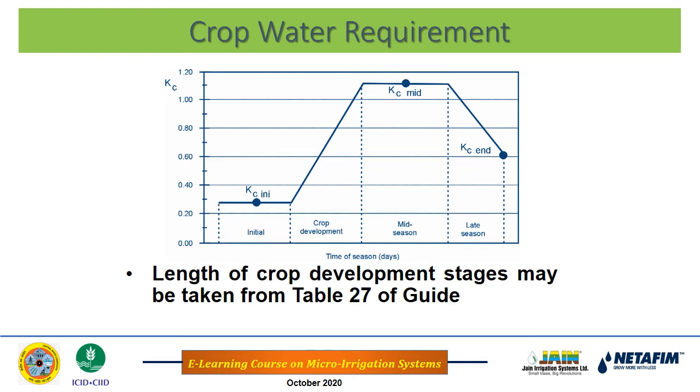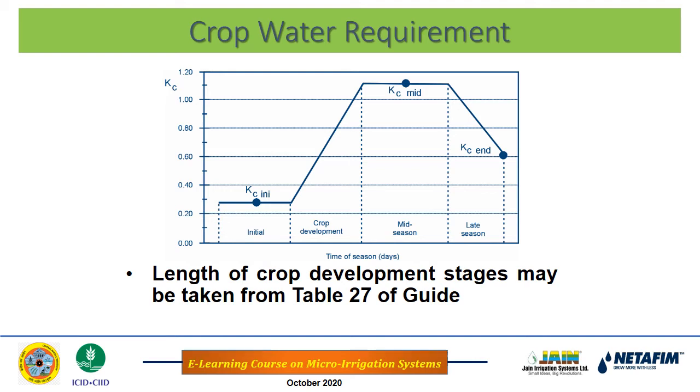Now, as far as crop coefficients are concerned, you see that they are not fixed during the entire stage of development of the crop. Initially, there is a lower value, and then it increases during the crop development stage, and during the mid stage it is maximum. Then in the late season it is again dropping down, and at the time of harvest it has some other value. So it depends upon the length of the crop development stage, and table 27 of the guide of